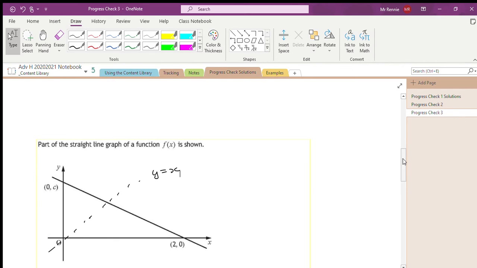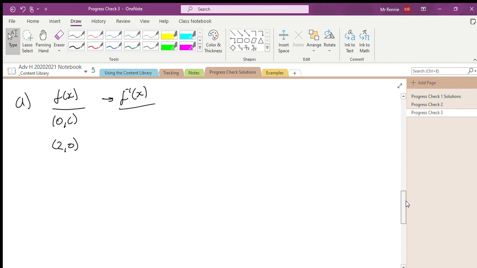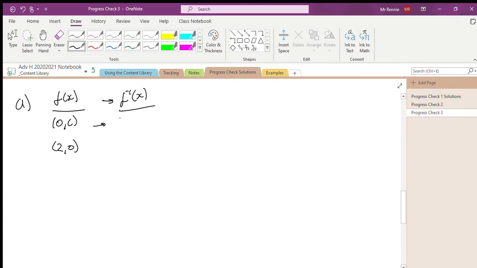In other words, our coordinates switch. So 0, c becomes c, 0, and 2, 0 becomes 0, 2. If I was to sketch this,